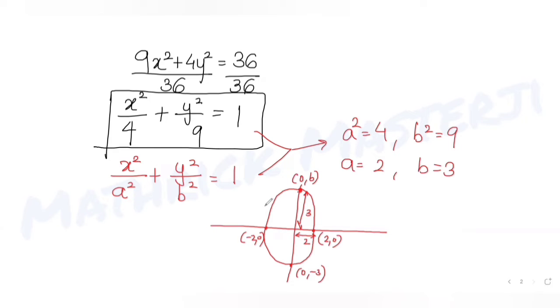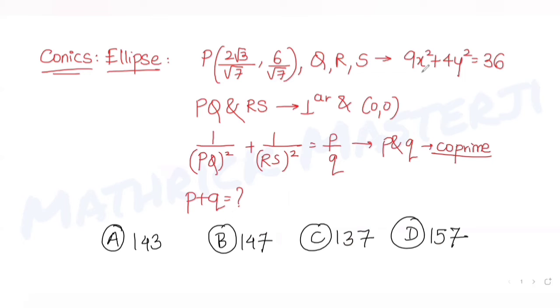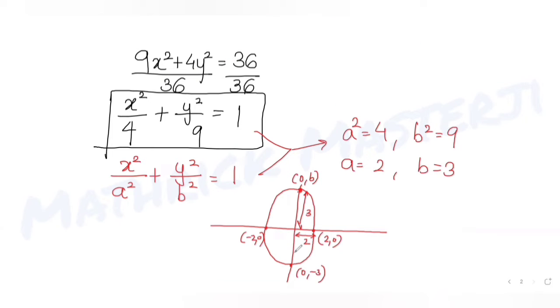Now once I have the form of my ellipse, the question further tells me P, Q, R, S are the points which lie on the ellipse. So when they lie on the ellipse, they will satisfy this equation of ellipse for sure. And we have also been given PQ and RS are mutually perpendicular to each other and pass through the origin. So if I have, let's say, P somewhere here and it's passing through the origin, this basically becomes point Q,